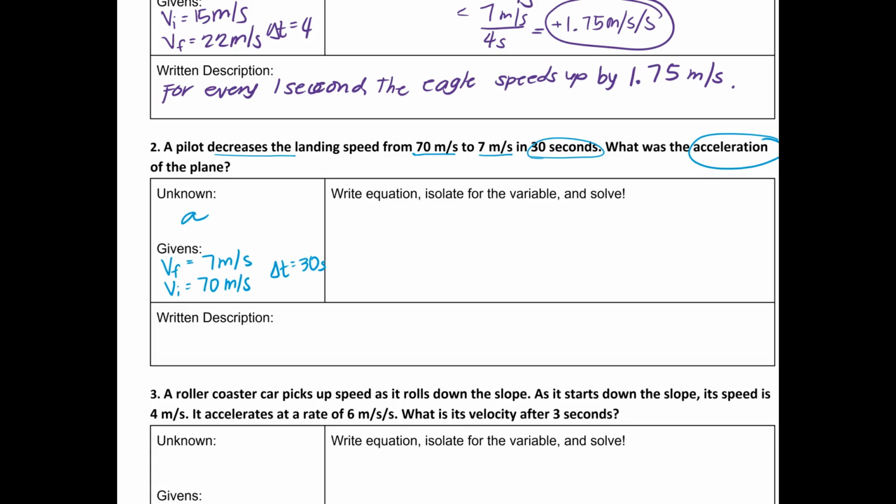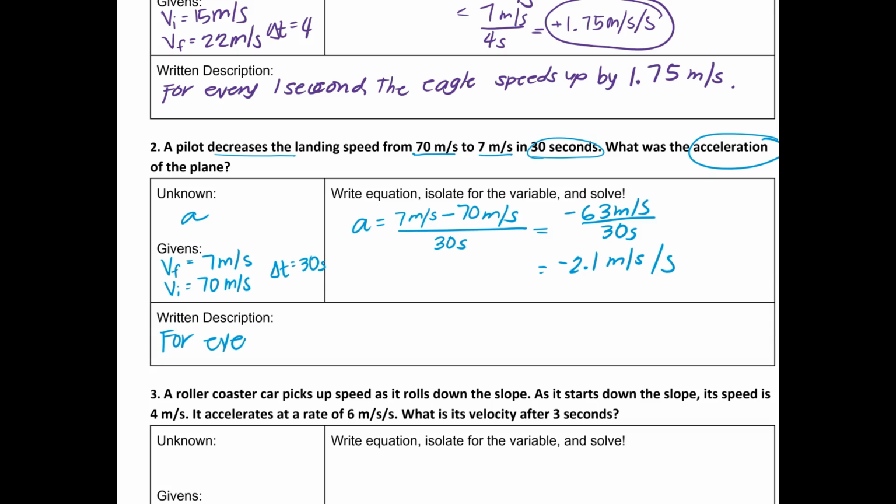And we're looking for the acceleration once again. Okay. And since we have this, we will use the same thing that we did for our previous equation, which is final minus initial. So we have 7 meters per second minus 70 meters per second over 30 seconds. So here we get negative 63 meters per second over 30 seconds, which is equal to negative 2.1 meters per second per second. And what that means is for every 1 second,